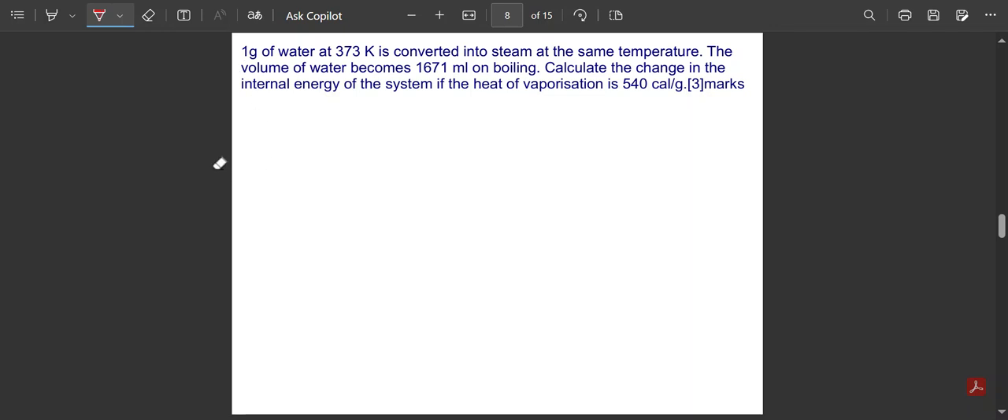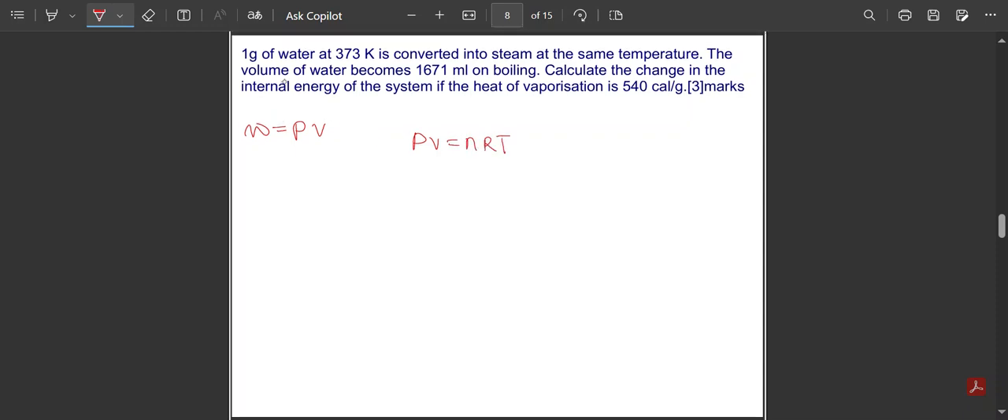This question was quite tricky, but what we need to know is that our work will be given as negative P times volume. From the ideal gas law, we know that PV is the same as nRT, because we are lacking the data, such as the change in volume or the volume itself. The pressure we also don't have. So what we are going to do is equate to this and see what will happen. In this case, our work will equal